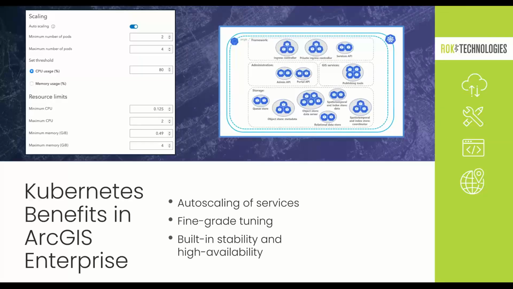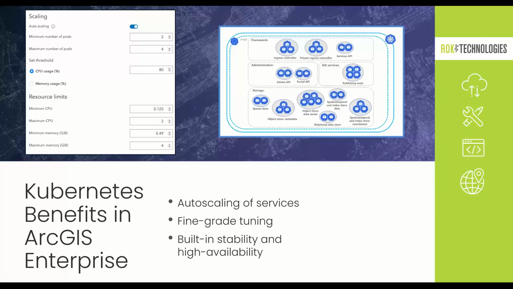All right, thanks, Brian. So using Kubernetes for ArcGIS Enterprise provides many benefits, including, as Brian was talking about, automatic scaling of resources to handle your fluctuating workloads. I think we've probably all been there at some point. One of your apps all of a sudden gets a huge traffic spike. So ask yourself, were you able to actually recognize that huge traffic spike in time? And if you were, did you even have that ability to scale your resources quickly enough to meet that demand?